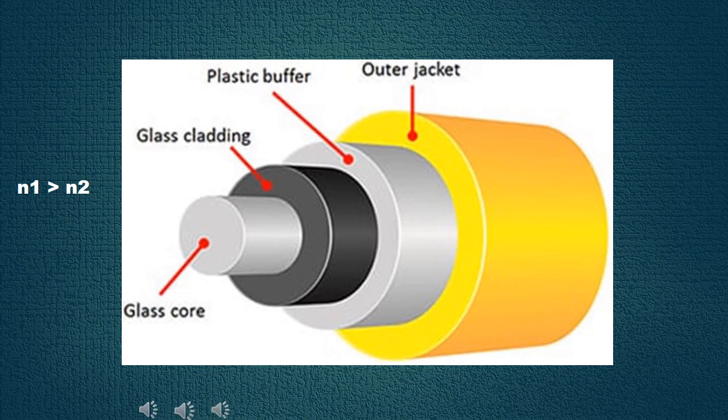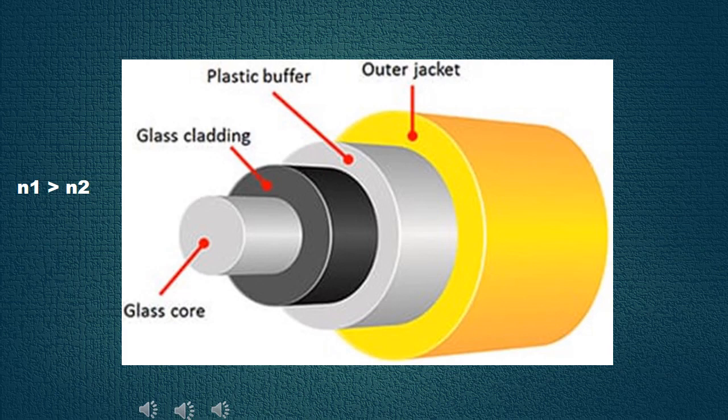The larger the core, the more light it can carry, and that correlates to a higher data transfer rate. Now the cladding, which is also made out of some other dielectric material, will have a different refractive index N2, and this will be a thin layer that is protecting the core and will serve like a boundary or confinement for the light waves to stay within the core axis, so that the data will travel throughout the length of the fiber without much losses.